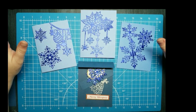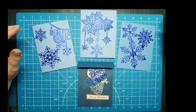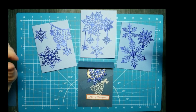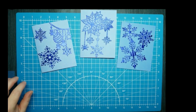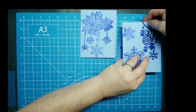So we're going to put these together, and hopefully it won't take too long. I've already laid everything out. The only thing different we'll need to do, once we get them together, is I'll have to pull out some sentiments from my little sentiment booklet from a couple years ago. And I think there's some in there that'll match really nicely. So let's get started. I think we'll do this one last because it's going to be the most complicated. So I'm going to set him over here, and we'll start with